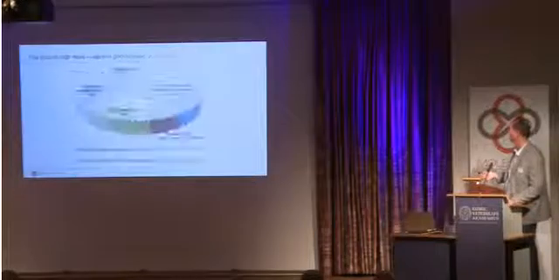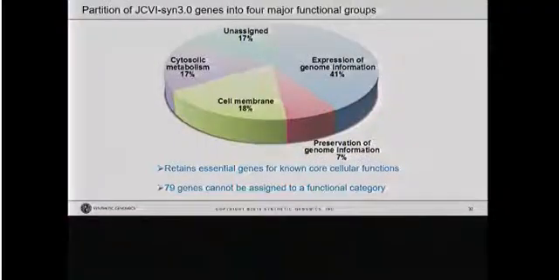than that. As you would expect, the minimal cell retains all the essential genes known for the core cellular functions. We partition these into 4 major groups: expression of genome information, preservation of genome information, cell membrane structure and function, and cytosolic metabolism. And what was interesting is 17% of those genes, or about 79 of them, we could not assign